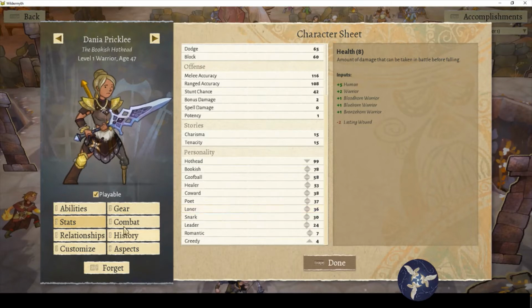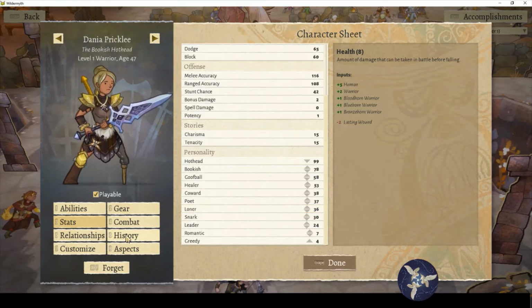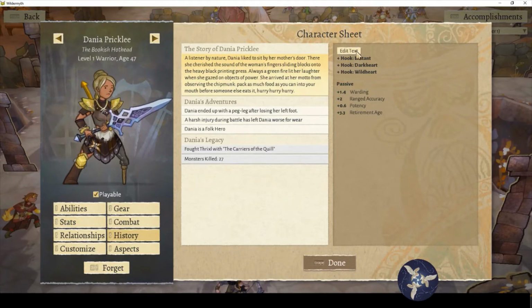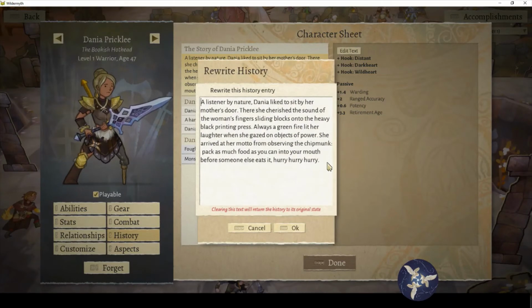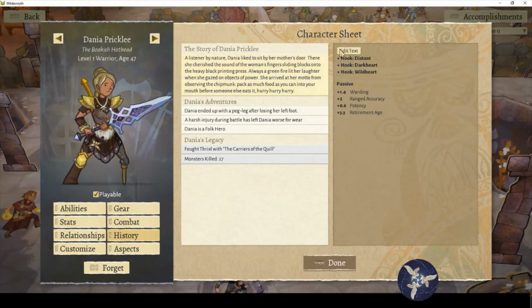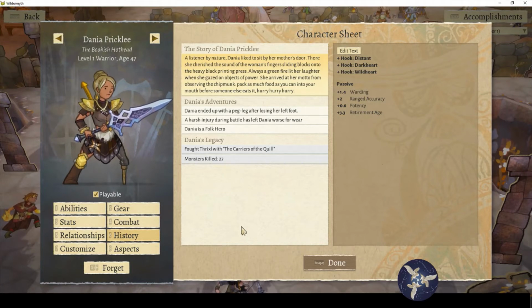In history, you can change their backstory to whatever you'd like. That is pretty much always alterable, though it doesn't make much difference in the story itself, which is probably why it can be changed so easily. Note, however, that you cannot change their hooks. That is the one aspect of a character that cannot be altered at any time past initial creation. So you need to get those locked in, you need to get what you want when you create the initial